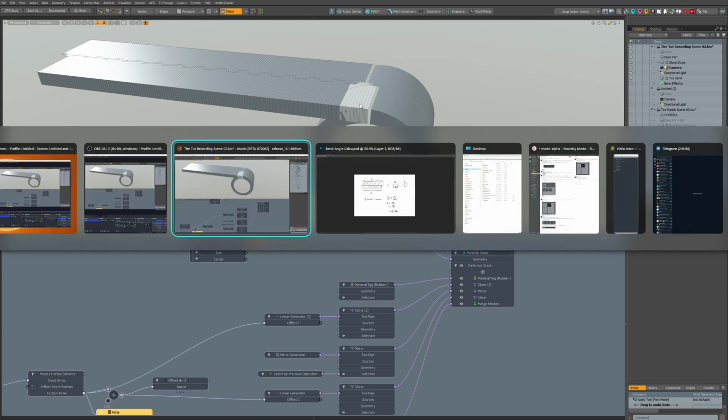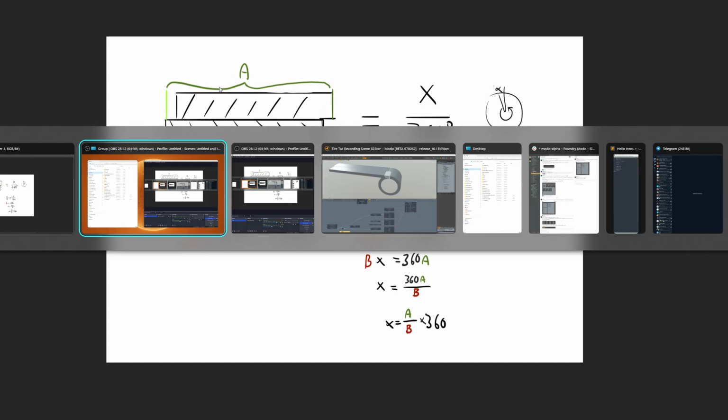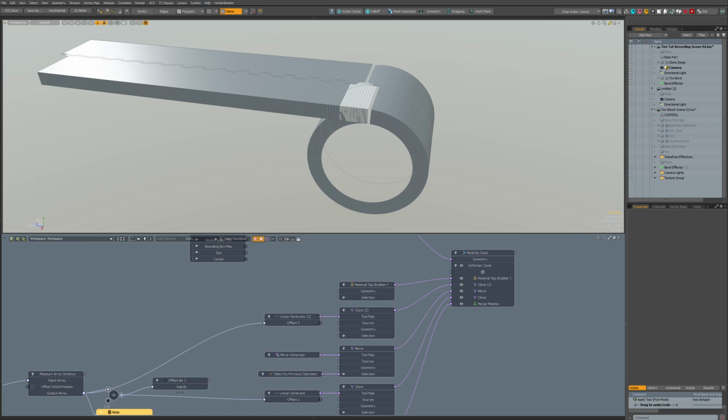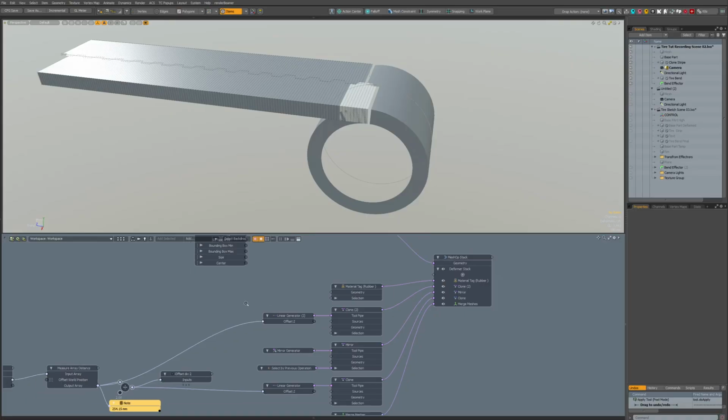So we can calculate it from here. A is the total length of this part, and B is the count times offset.